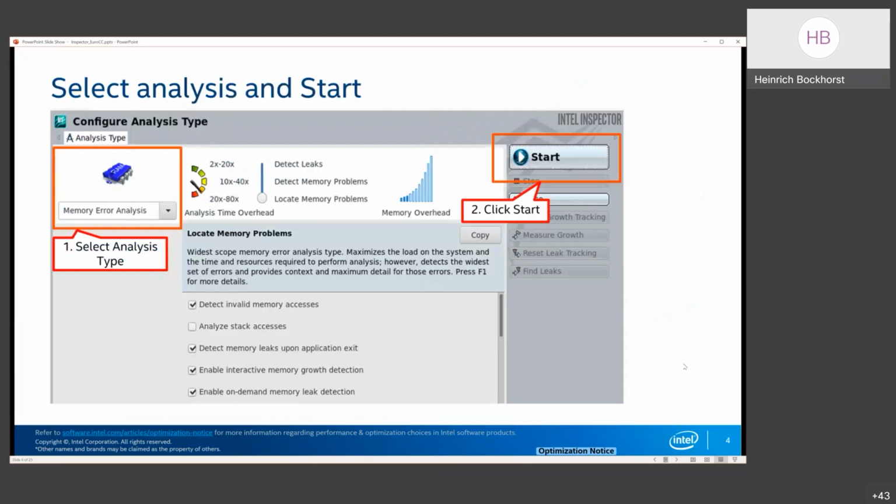So how to start from the GUI. You open the GUI, and on the left side you can select an